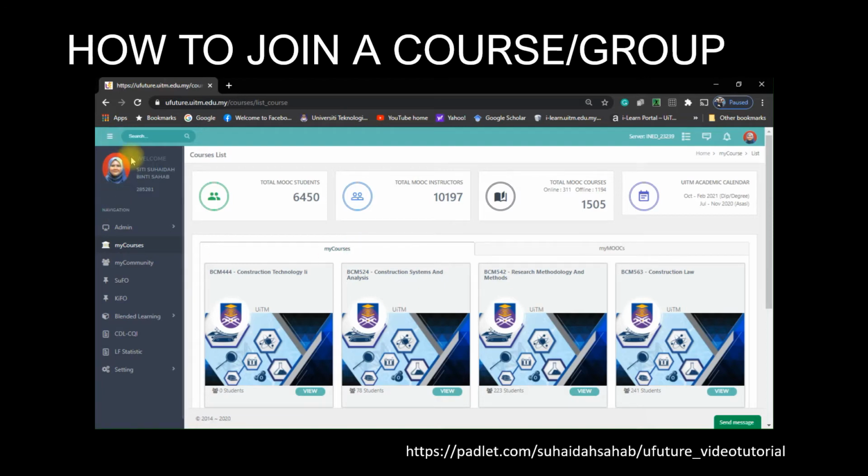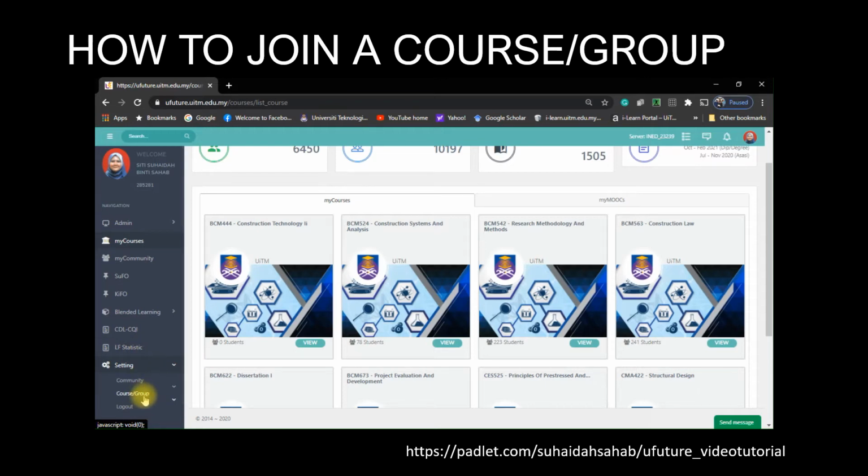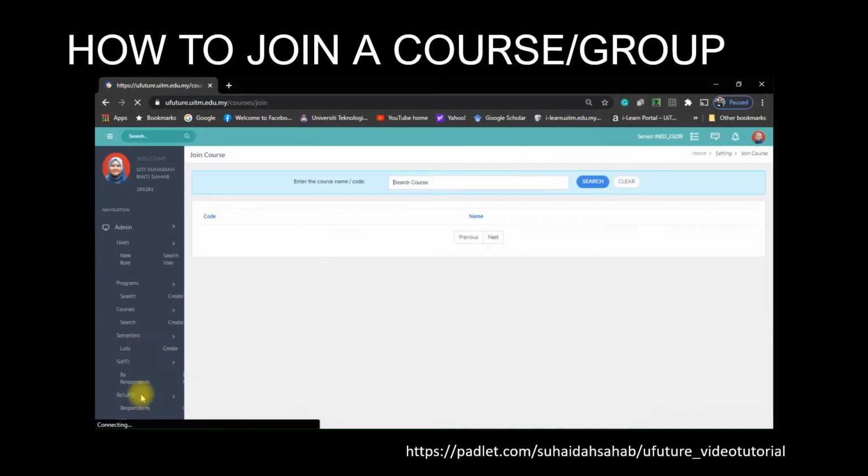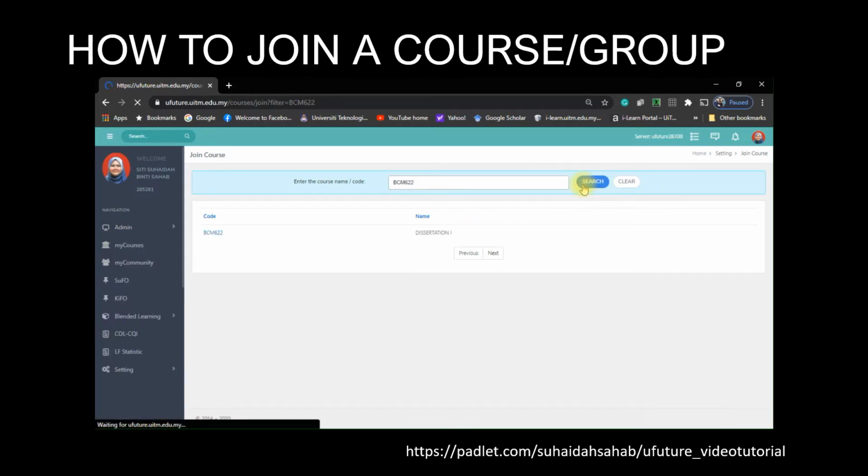So to do so, what you're going to do here is click on setting, go to course/group, and then join course/group. So once you click join course/group, you're going to see this interface here. So just type in the course code, click search or enter, so the code is going to appear here. So click on the code,